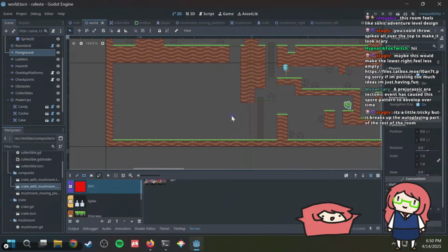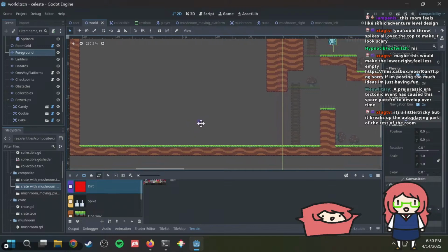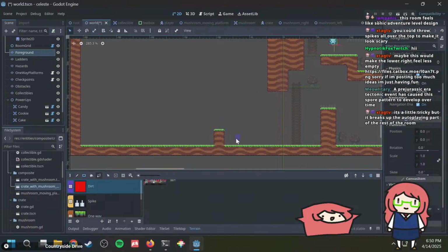Although, you can push the crate with the mushroom on it, but you can't jump on it. So that would make this a bit less interesting. How would this be done? You could push a crate with the mushroom, and then maybe there's another mushroom. What if there's a mushroom here? You bounce on this mushroom, and then it goes there. Oh no, this could be